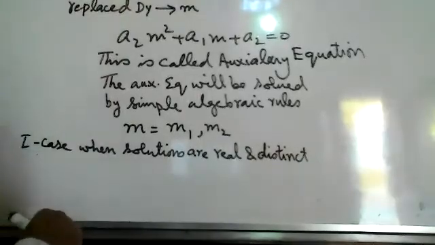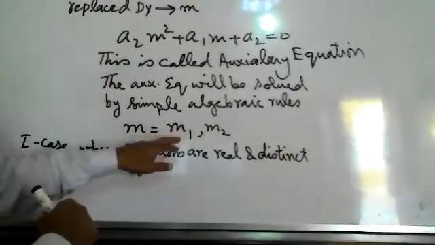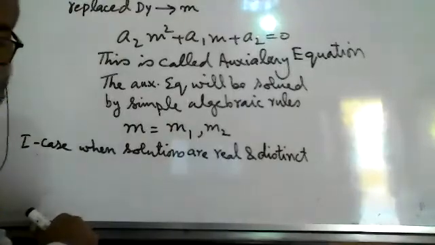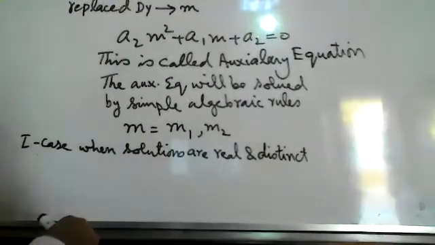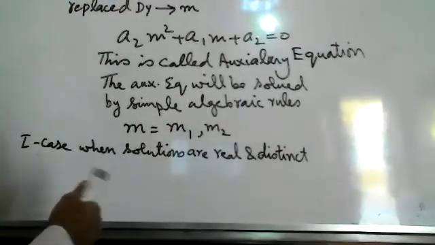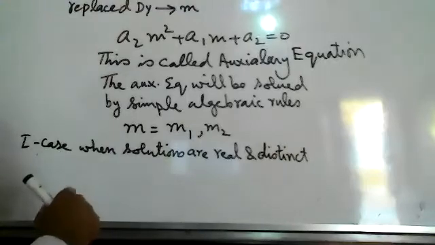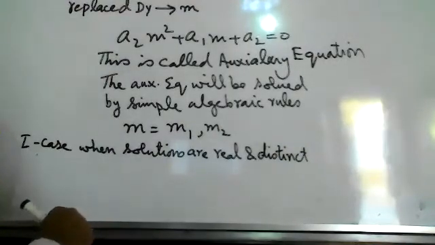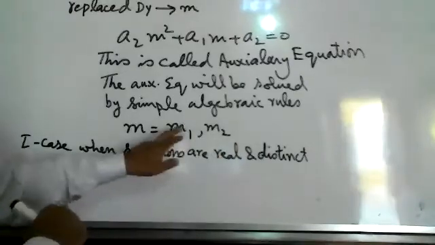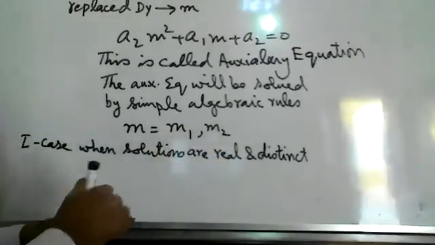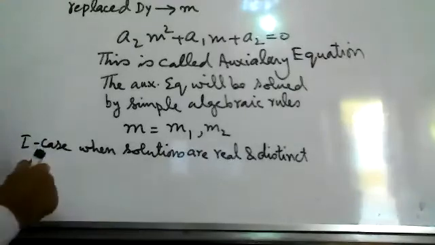That means different solutions. M1 may be 4, M2 may be 1 over 2, etc. So both are real and distinct. It may be negative, it may be positive, it may be a square root, or it may be a whole number. So when they are real and distinct, our answer will be: